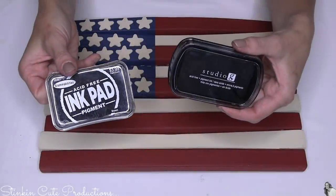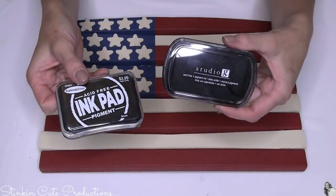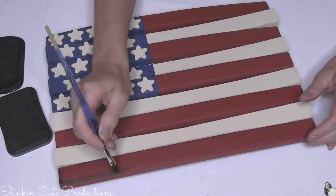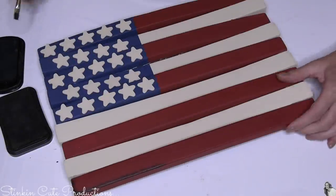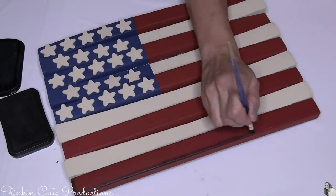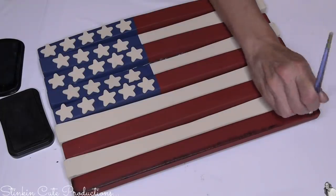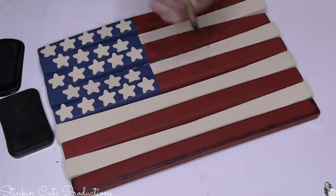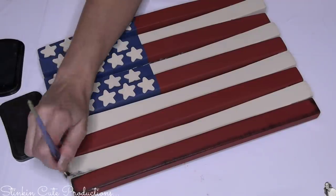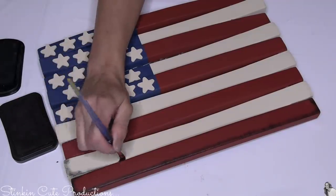You know that I'm going to rustic this up with some of my ink pad, and to do that, I'll be using a brown and a black ink pad and a stiff brush. To apply that ink, I'm going to apply it to these edges because I feel like applying this and distressing it is going to give it that aged look, that burnt look that this flag has had. This flag has been around a while, and so I want to age it, and